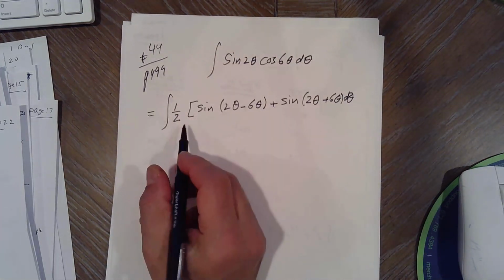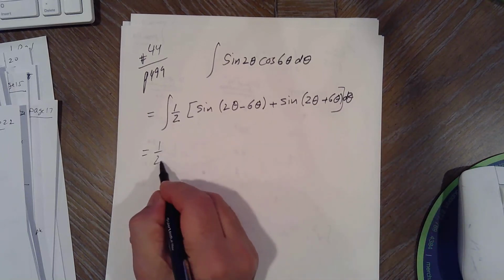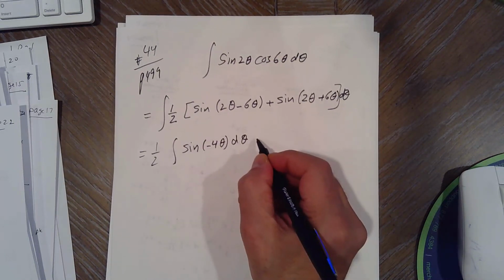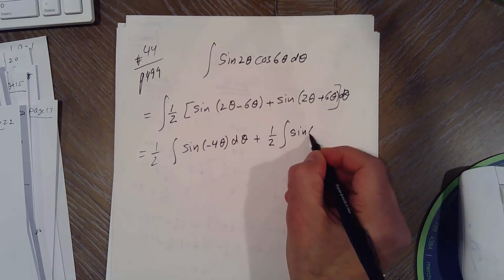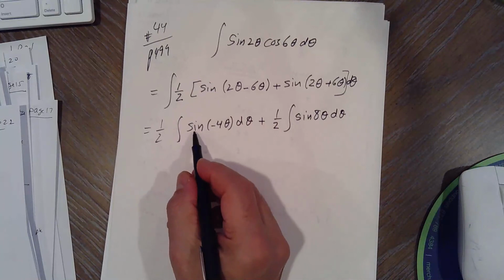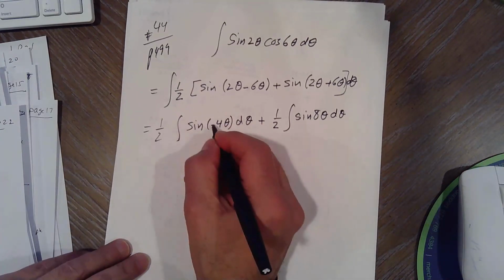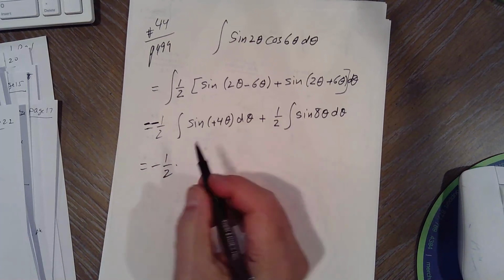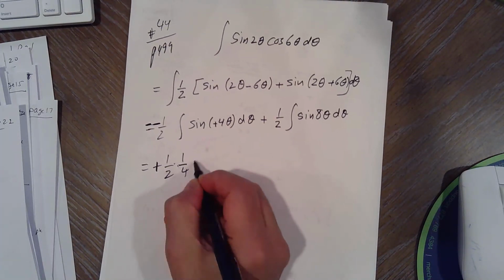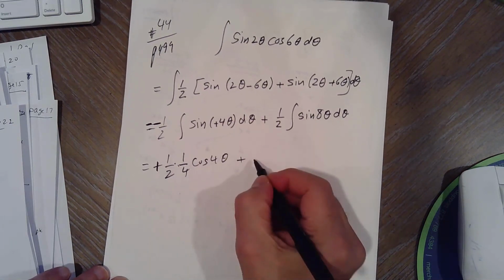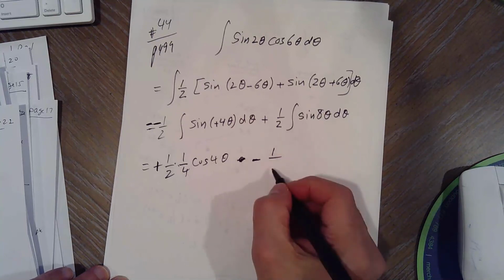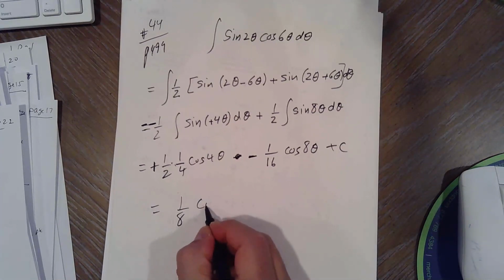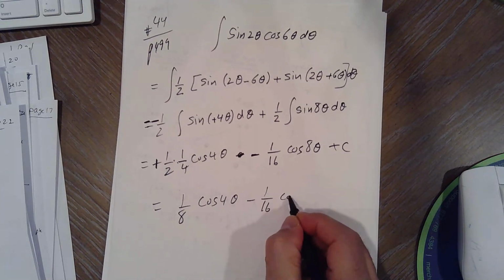So I will just pick the 1/2 out, and then integral of sine of negative 4 theta d theta plus 1/2 integral of sine 8 theta d theta. Well, sine is an odd function, so sine of negative x is negative sine x, so we can pull the negative out. So this would be negative 1/2. Integral of sine is negative cosine, so that's a plus 1/4 cosine 4 theta. That's again negative 1/8 times 1/2 is 1/16 cosine 8 theta plus c. So it's going to be 1/8 cosine 4 theta minus 1/16 cosine